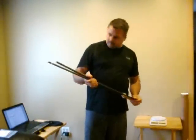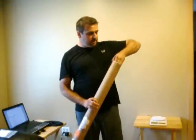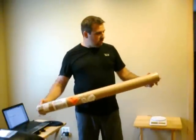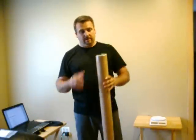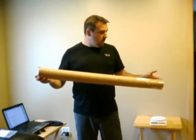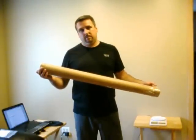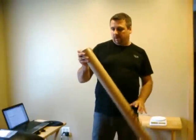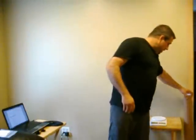It is shipped in a handy little tube here. This is how they are shipped to protect them when they get to you. Also, you might want to just hang on to this for storage purposes and airplane travel, for that matter. If you're going to take a trip somewhere and you want to jump on a plane, this will help keep them protected. So, yeah. Anyway, these things, like I say,